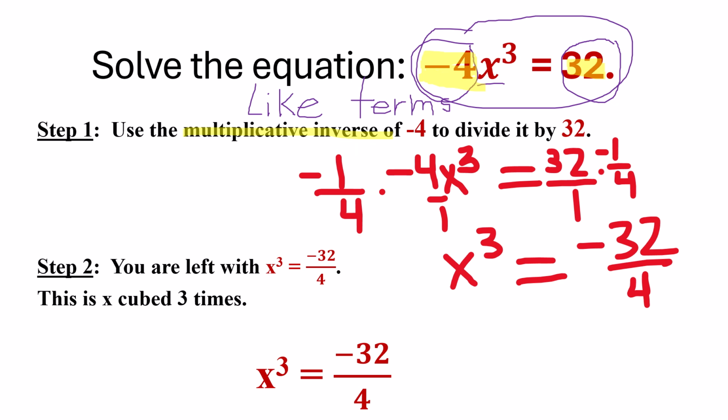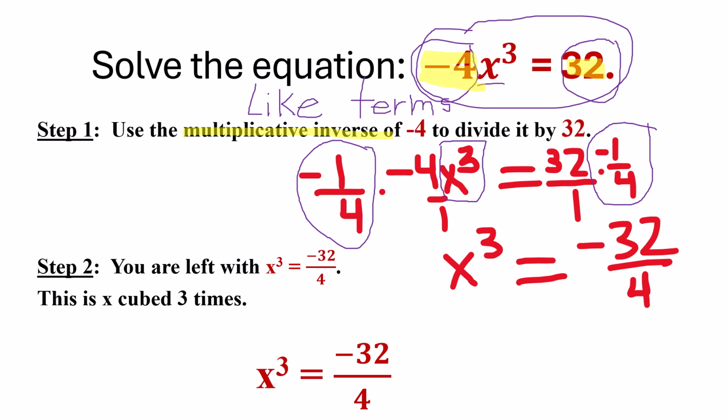Okay, so now we have this here, negative 1/4 times negative 4 over 1, and you leave this alone. You take this negative 4 and whatever you do to this side of the equation, most of the time you have to do to this side of the equation. Okay, and so now you have negative 4 over 1, which essentially comes out to negative 4x cubed equals 32 times negative 1/4, or 32 over 1 equals